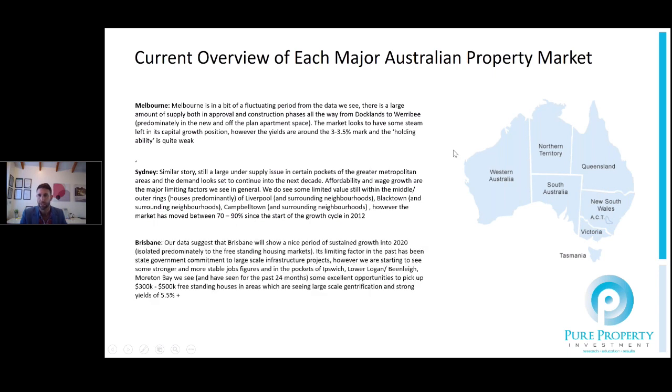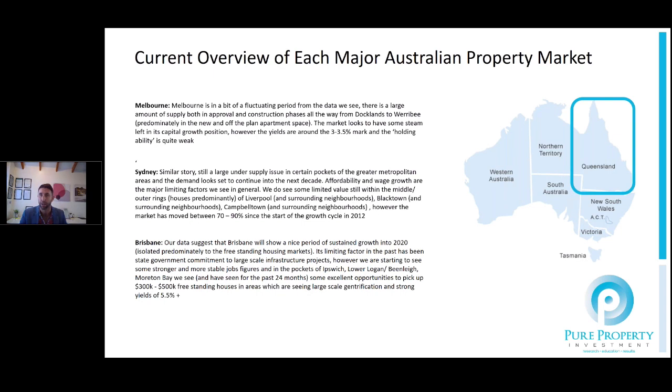And probably lastly on this page, Queensland, and in particular Brisbane. As we've said, I think there are 2 markets in particular there, and they're very diverse. The apartment market is a no-go in that inner city, and if you're focusing on that apartment market, that's not the place for me to put my money. I think there is far too much supply, and there will be too much supply for the next 2 to 3 years.